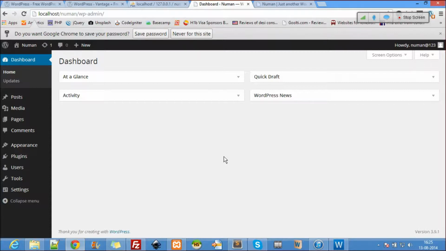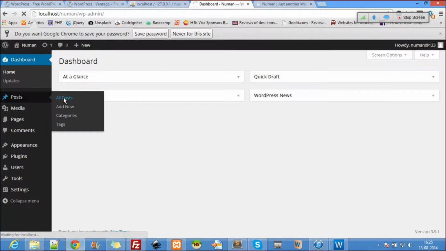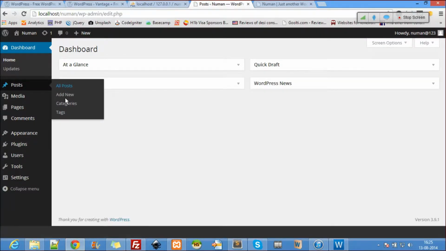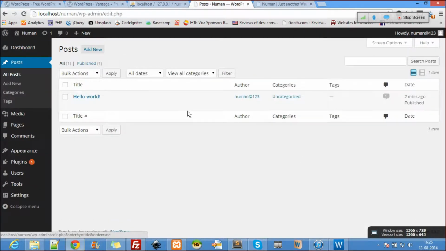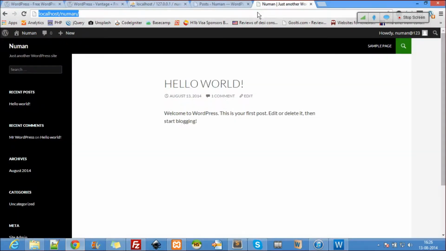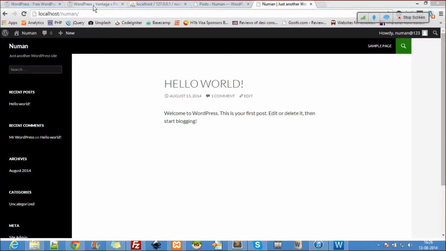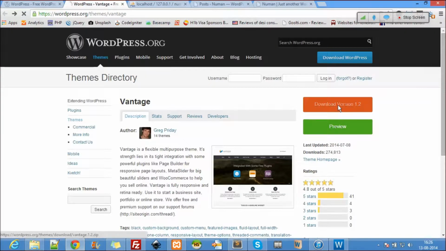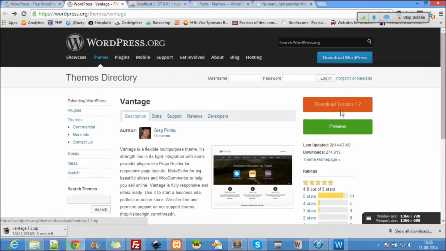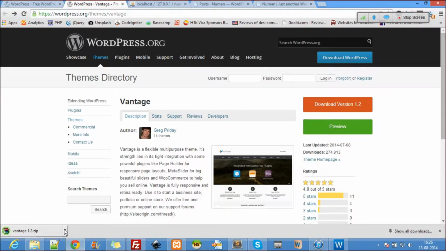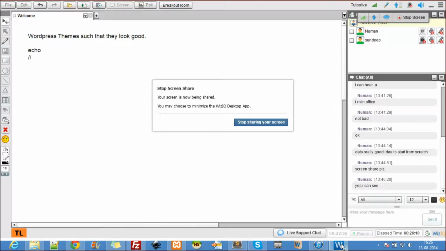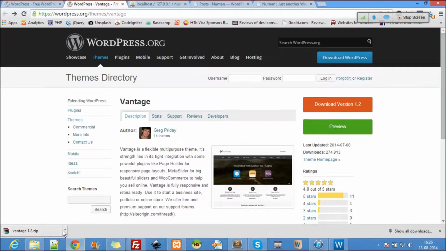Now you just make a post here. Okay, you can make a post here, or let's do one thing. Before posting it, let's change the look of it. I seriously didn't like the look of this default one. So what I do here is I just download. I hit download. You understand this point, the whole point? You can stop me anytime if you have a question. Okay? Anybody else here? Oh, Sandeep's here. Great. So yeah, if you have any question at any point of time, you can stop me.